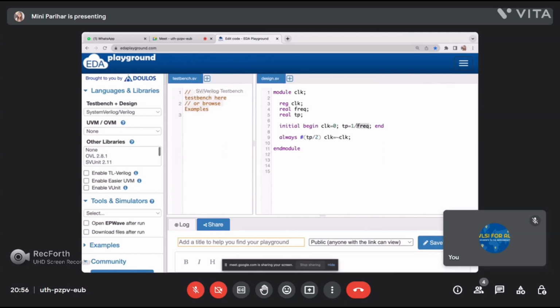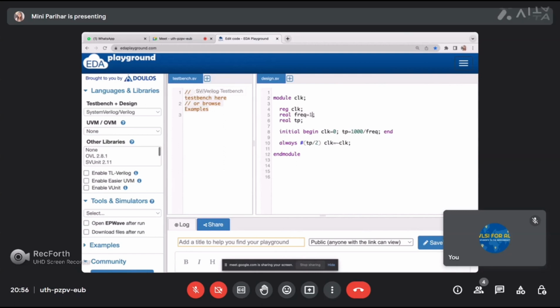For megahertz, I can use this formula. If I am using nanosecond as the unit, frequency is equal to 10 megahertz.